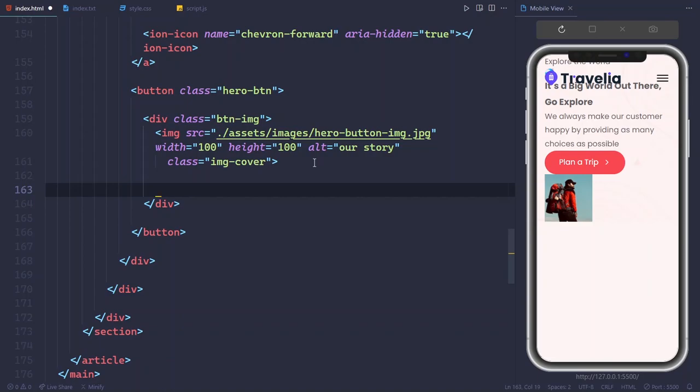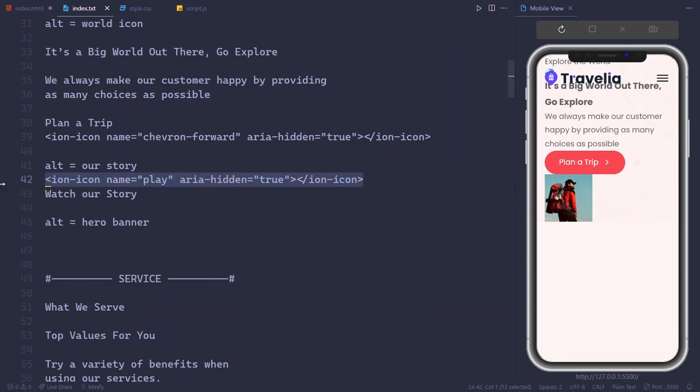So inside the btn img here will be an icon, so let's copy the icon from the txt file,